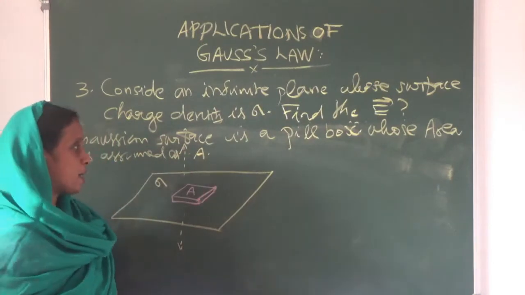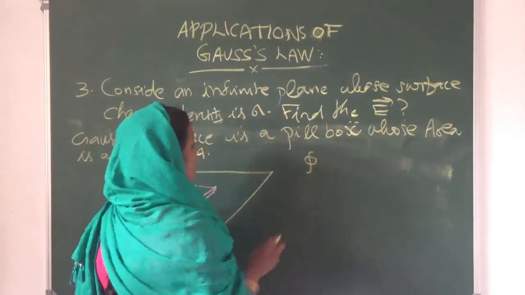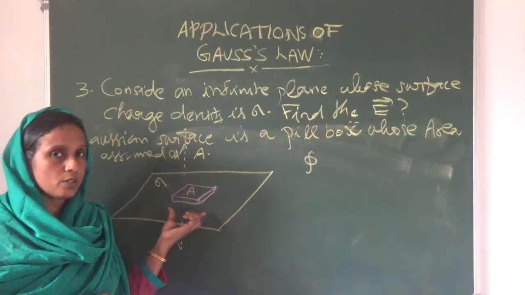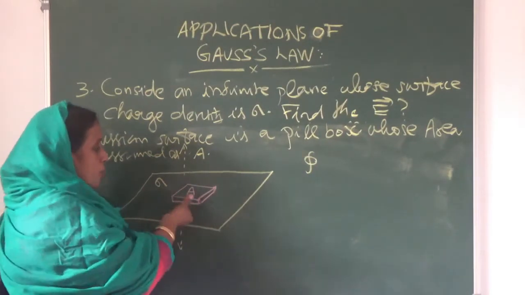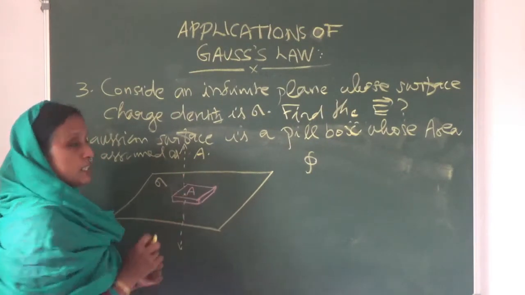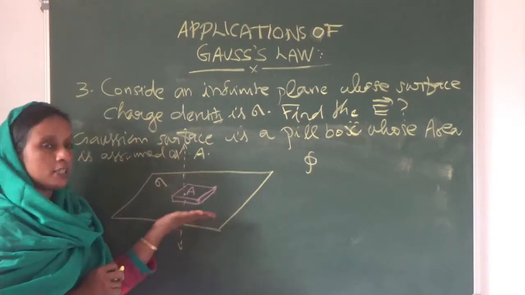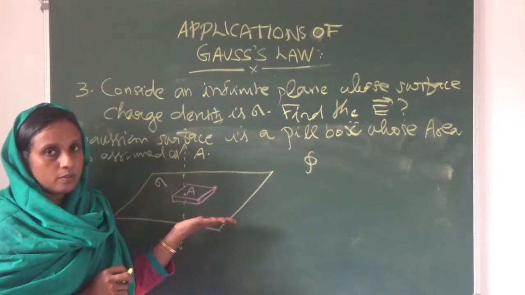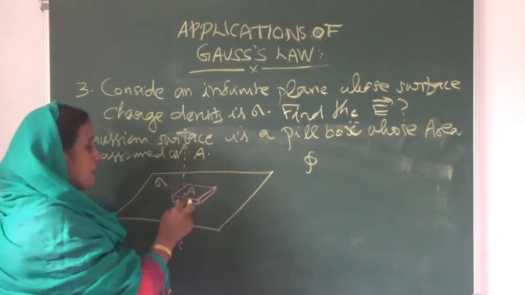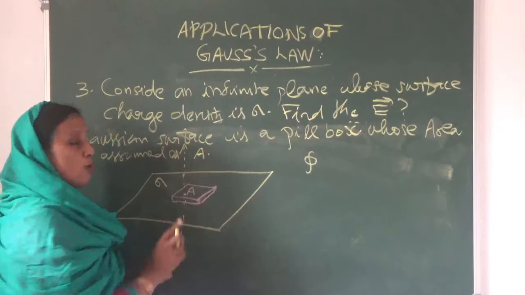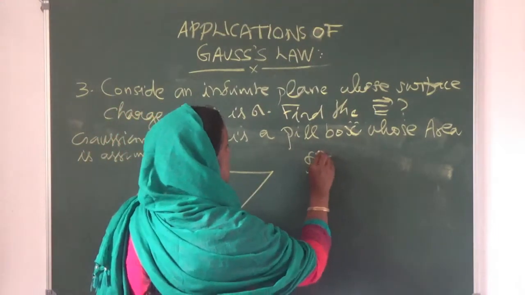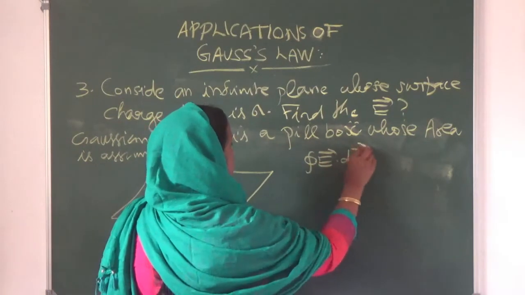Now you can apply Gauss law, because Gauss law is applied over this Gaussian surface, the Gaussian pillbox, and now you know that the electric field is pointing outward from this plane sheet. So, for the upper surface, the electric field and area vector are pointing along the same direction, and so you can write here this E dot dA